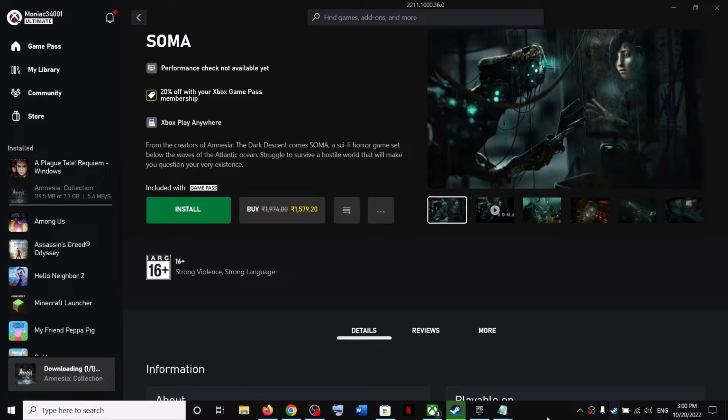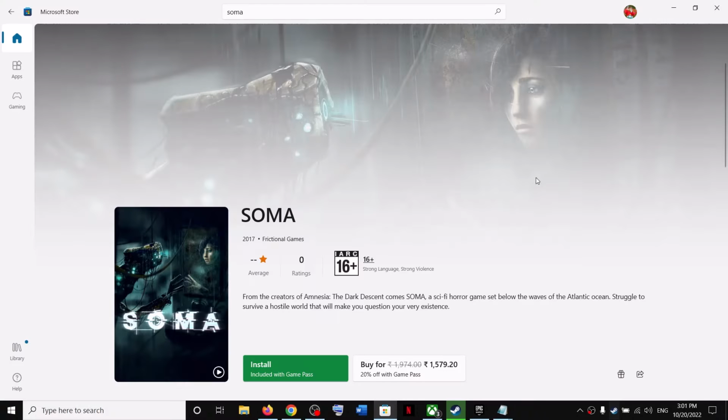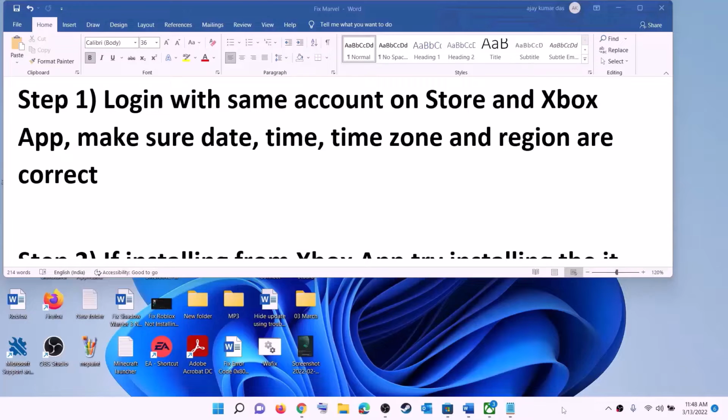Today in this video I'm going to show you how to fix when you're unable to install SOMA game from Xbox app, or if you're unable to install it from Microsoft Store, then please follow the steps shown in this video. Now the first step is to log in with same account on Microsoft Store and with same account on